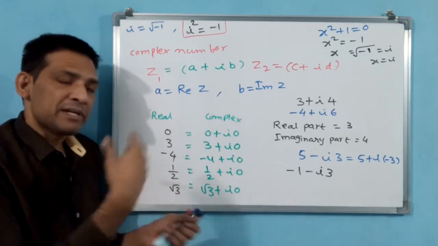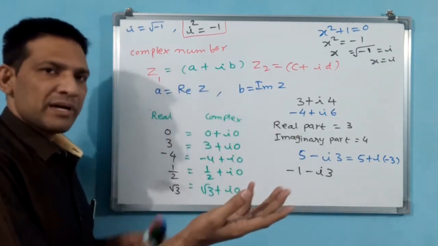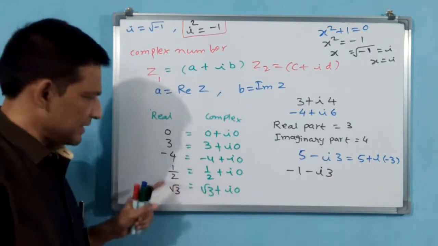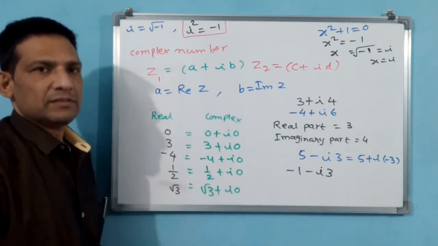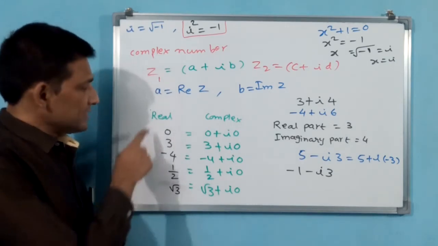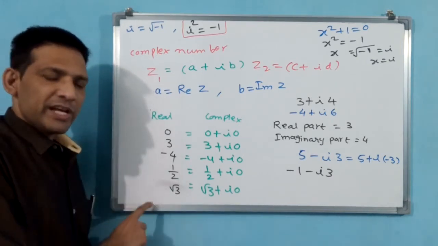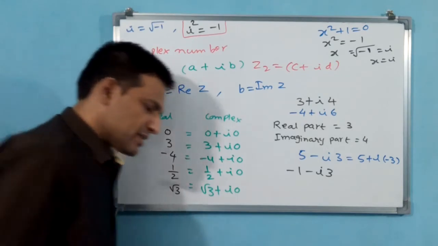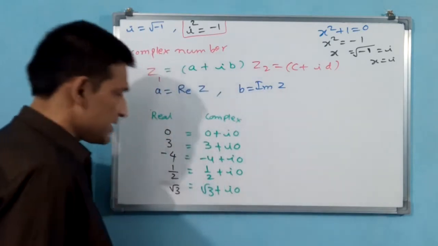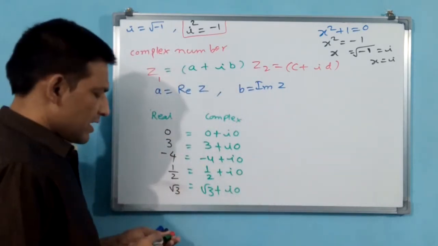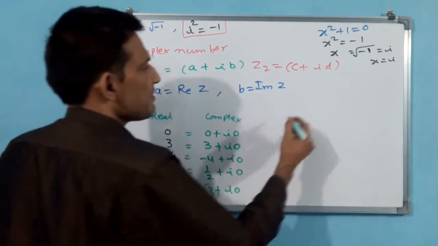But while doing addition, multiplication and all, you convert this into this number. One number is a complex number and one number is a real number. How to convert it? Like this you have to convert and perform the calculation. We can say these are pure real numbers. When pure real numbers are there, pure imaginary numbers are also there. You see, I am writing here. Pure imaginary. See, these are equivalent. But now I am writing pure imaginary numbers, which are not equivalent to anybody.